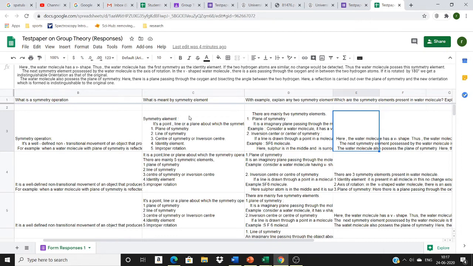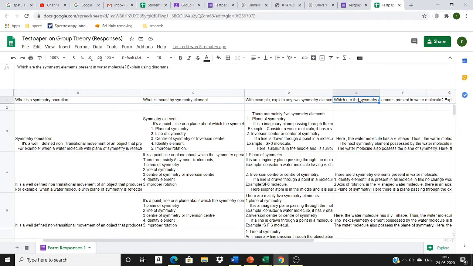Okay, next, which are the symmetry elements present in the water molecule? When you have a question like this, this is how you can write it down. The water molecule has a V shape, and then you draw it. Then you can write, the water molecule possesses the following symmetry elements. The first one you should write is the identity element, and you can write it as capital E. Next one you can write